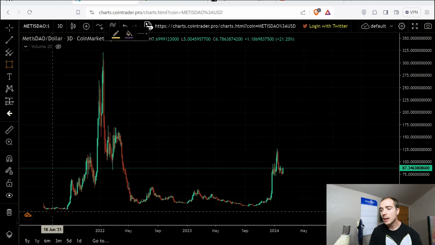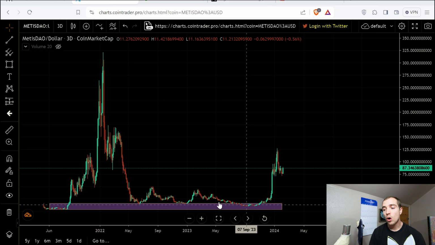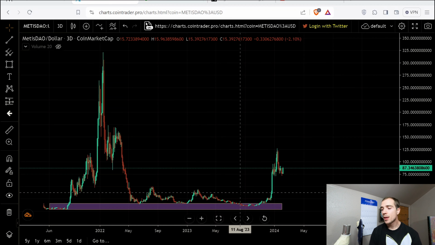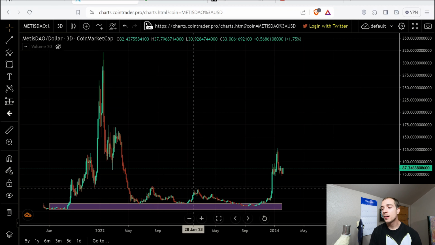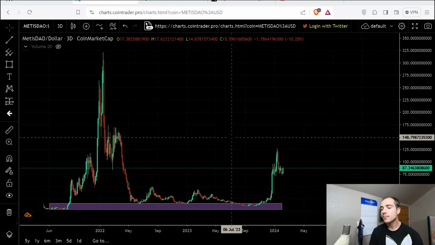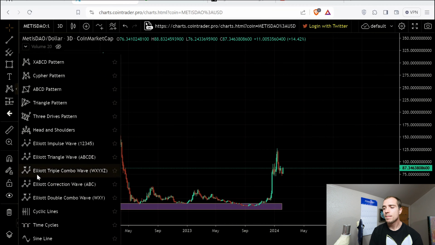The reason a lot of times they go all the way back down 99%, 95%, 85% down is because that's where all of the liquidity is at. It gets overvalued up here and has to come back down, actually even lower than its true value, has to become undervalued and hit that liquidity zone before it can turn around. That is what we see here with MetisDAO.